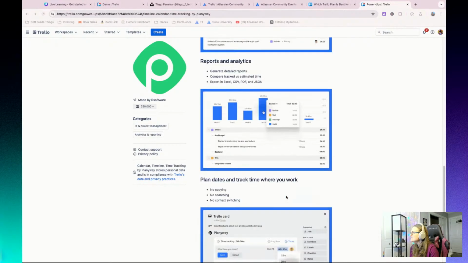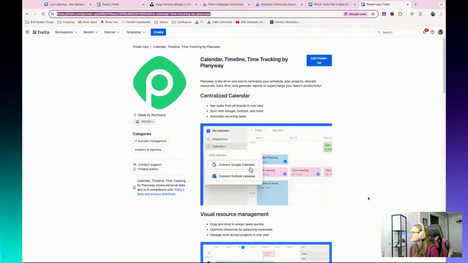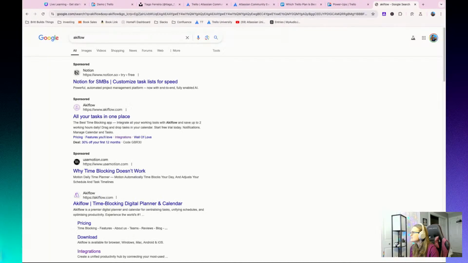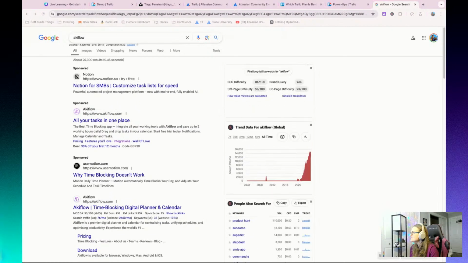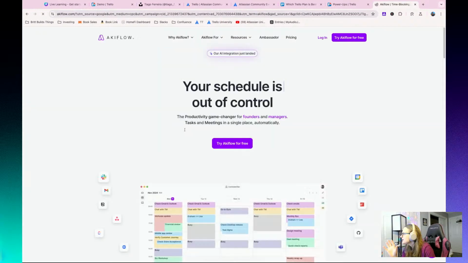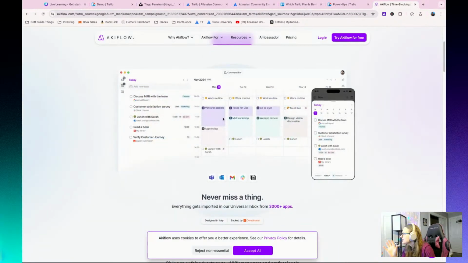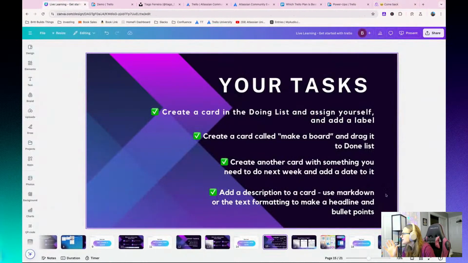I actually use something independent of all of this called Akiflow. It's not even really a power-up, but what it lets me do is combine my calendar with my tasks. So rather than putting any tasks on my calendar, I can sort everything through and visualize, okay, here's what's on my calendar for the day, but also on the side, I can see my different Trello cards of things that I'm doing now. So just so you know, that's where I spend some time on things. But yeah, power-ups definitely can scratch that itch.